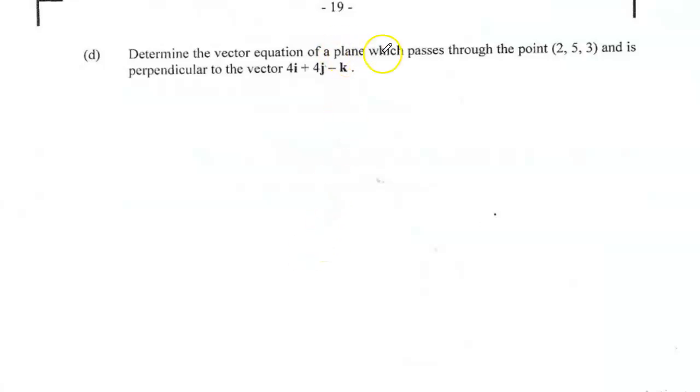Determine the vector equation of a plane which passes through the point (2, 5, 3) and is perpendicular to the vector (4, 4, -1). So we use the coefficients for i, j, k: 4, 4, and of course -1k. Let's use the formula, the equation of a plane,